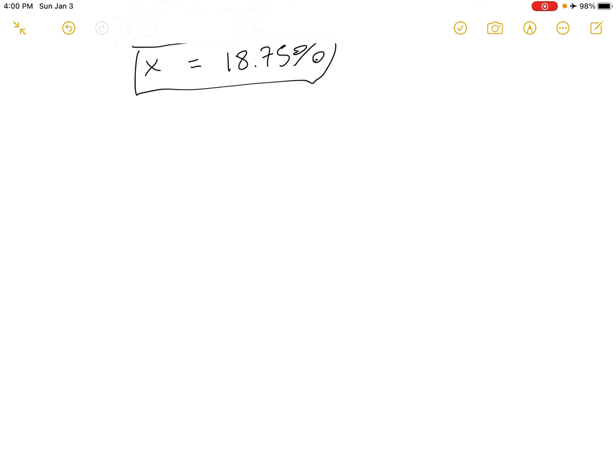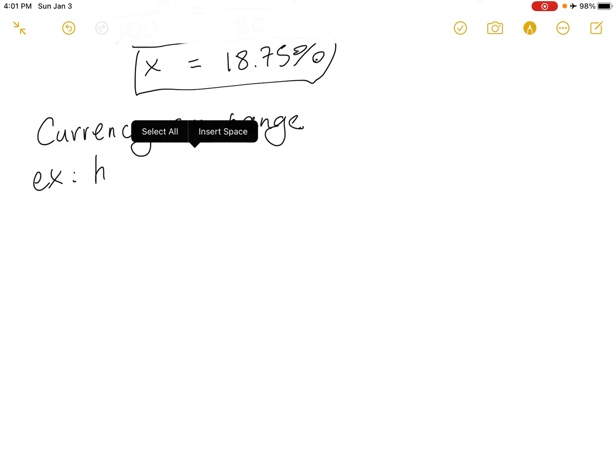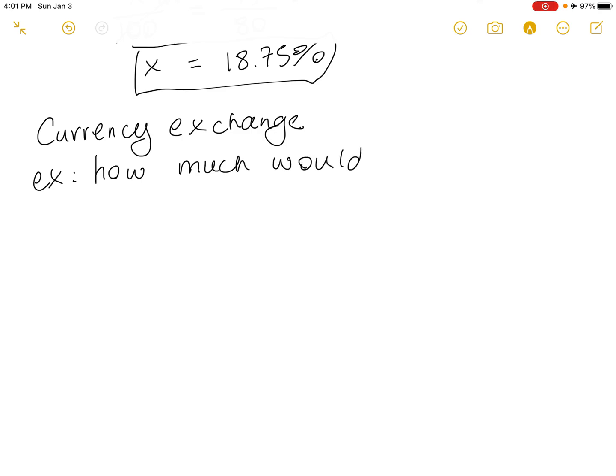And then the last type of question that we did in this unit was currency exchange. So if you go to another country and they use a different type of currency, like for example, in different places in Europe, they use the euro instead of the dollar, then there's an exchange rate between currencies. So for example, how much would a $30 t-shirt cost in Paris